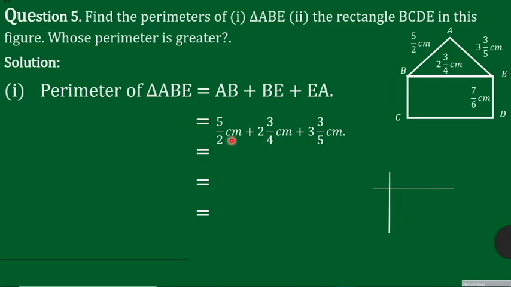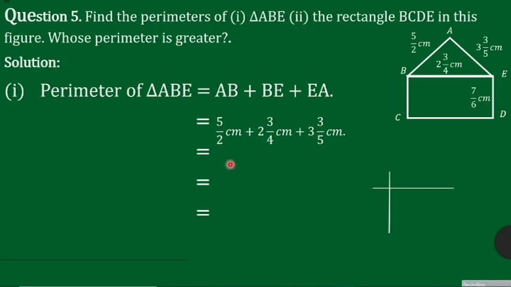Now here we can see this is an improper fraction, this is a mixed fraction and this is also a mixed fraction. So first we will convert the mixed fractions into improper fractions. Am I correct? Yes. And you know how we convert a mixed fraction into an improper fraction? If you have doubt, you can see my previous video. So here I am going to solve this question directly. I mean to say I am not showing you here how to convert a mixed fraction into an improper fraction. I will solve here directly.